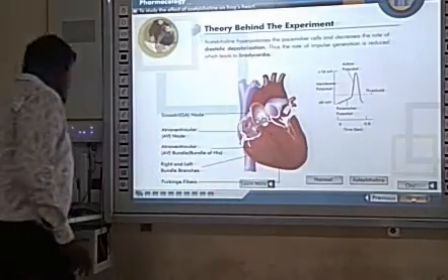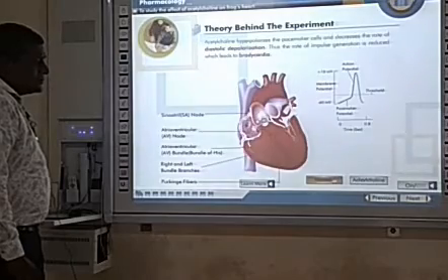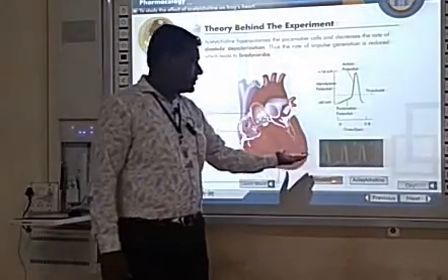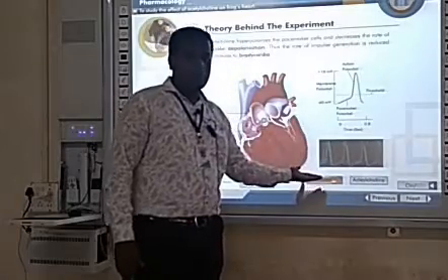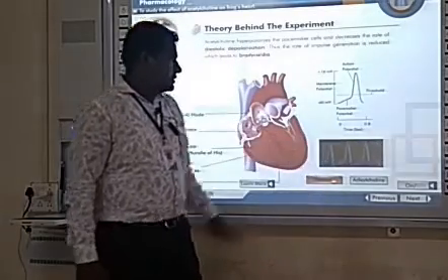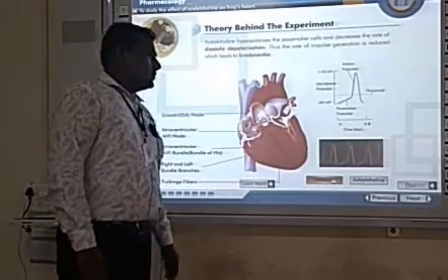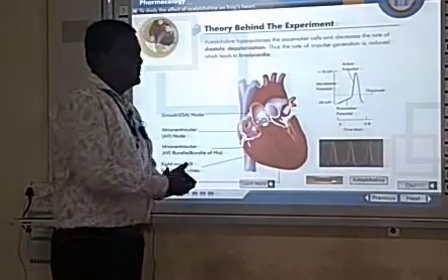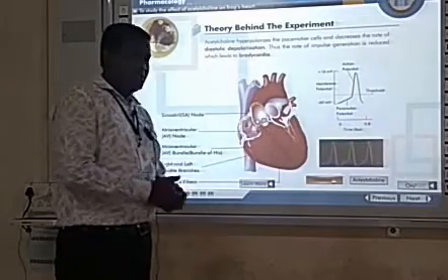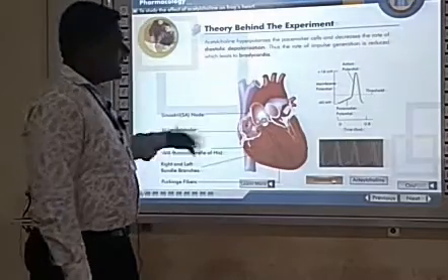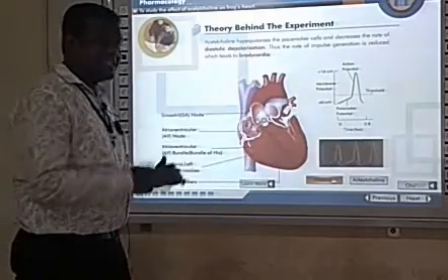Normally, the action potential in the SA node shows this type of graph: spontaneous depolarization, depolarization and repolarization in a particular time. But acetylcholine may decrease the heart rate and force